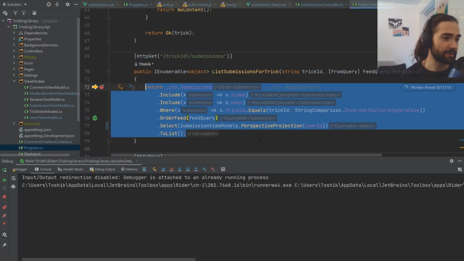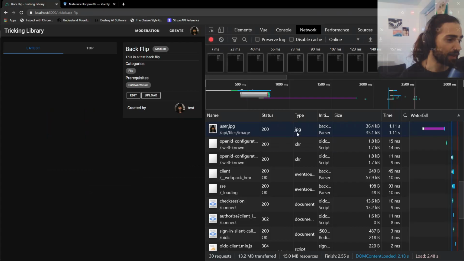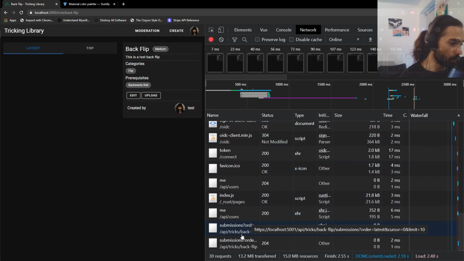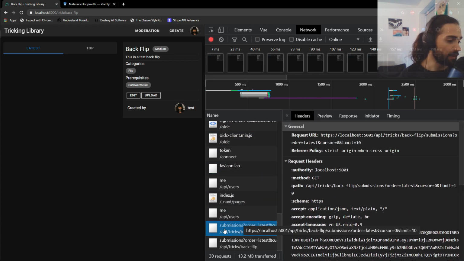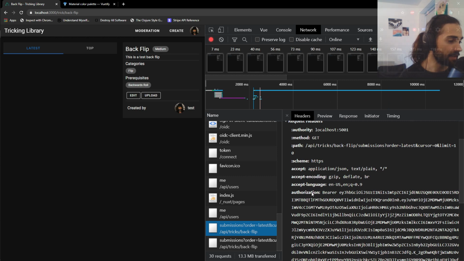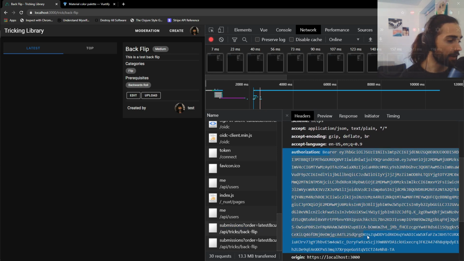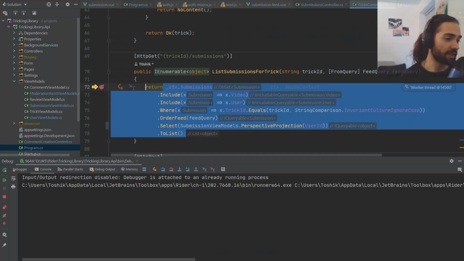Let's give this a refresh. The second call doesn't contain the user ID, even though when the second call is made, we can see that the bearer token is present. So the authorization header is present here, but we do not get the user. So the reason for that is